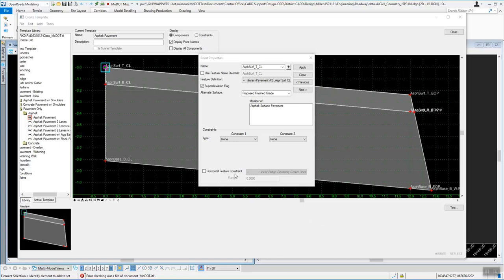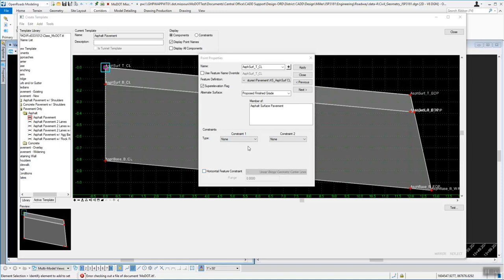Okay, so the horizontal feature constraint at the bottom, if that's turned on, it will go out and search for a linear element that we have in our 2D window. Our 2D window, because it's only going to look for horizontal feature constraints. So if you're looking for, say, an EOP or edge of shoulder or a ditch line or anything like that, you would fill out that dialog there with the correct feature definition, and then you would add that line that you're looking for into your corridor, and this point would override the information in here horizontally and go seek that